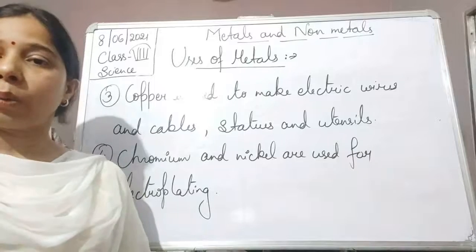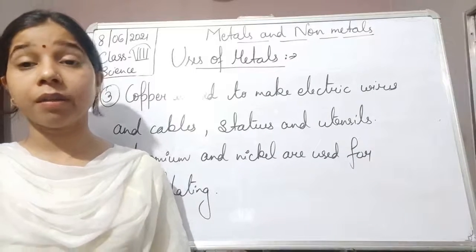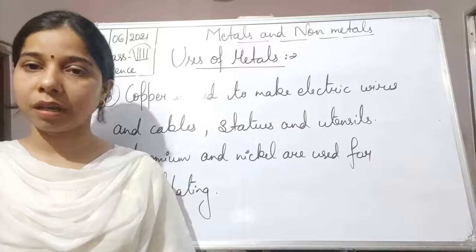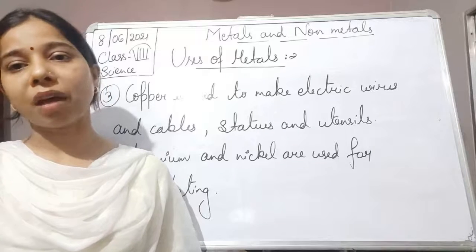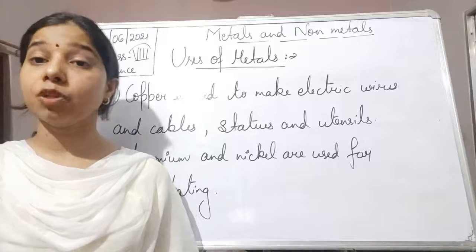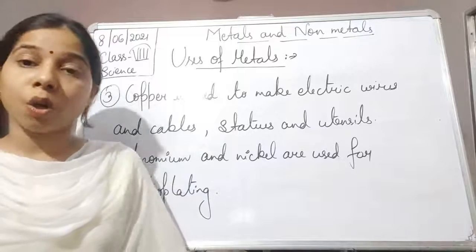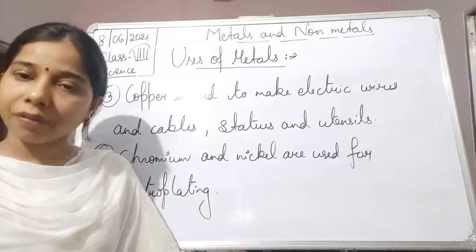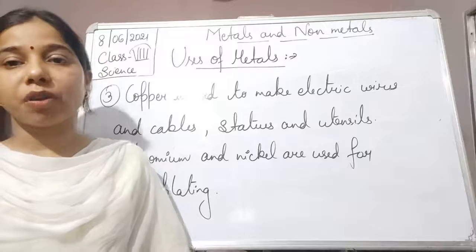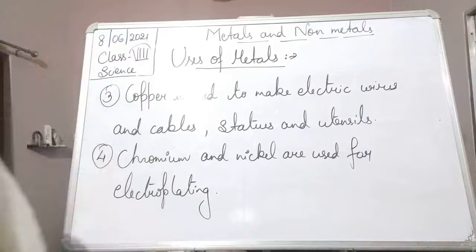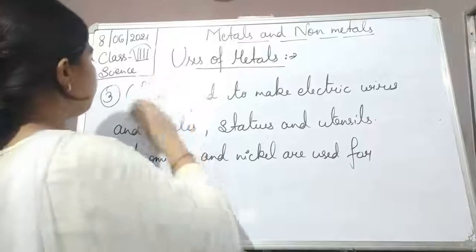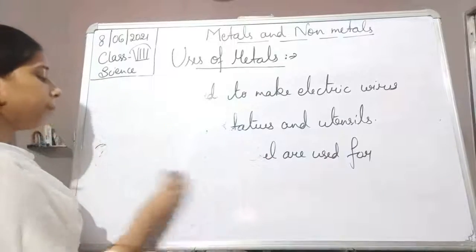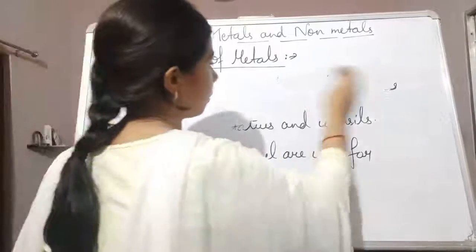Now we have seen that there are a lot of metals that possess luster because of its lustrous property. They have a shiny appearance. Because of that, they are also used for making jewelries. We know gold and silver, and platinum have the property of luster, and because of that they are used for making jewelry. So this is another property of metals, students, that because of their lustrous property they are used for making jewelries.